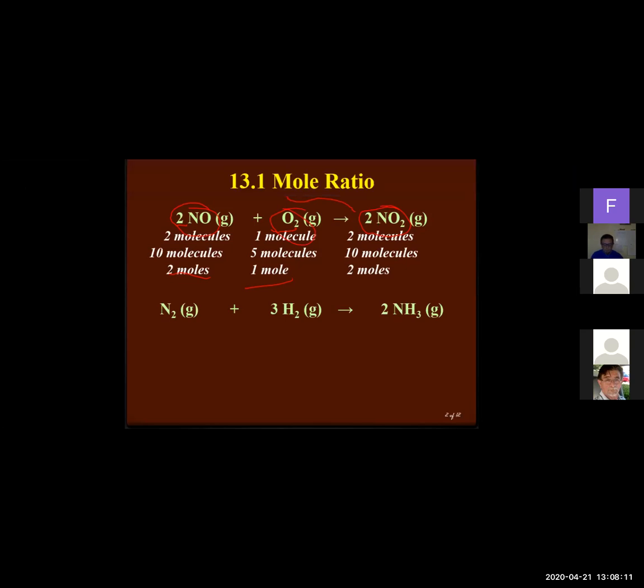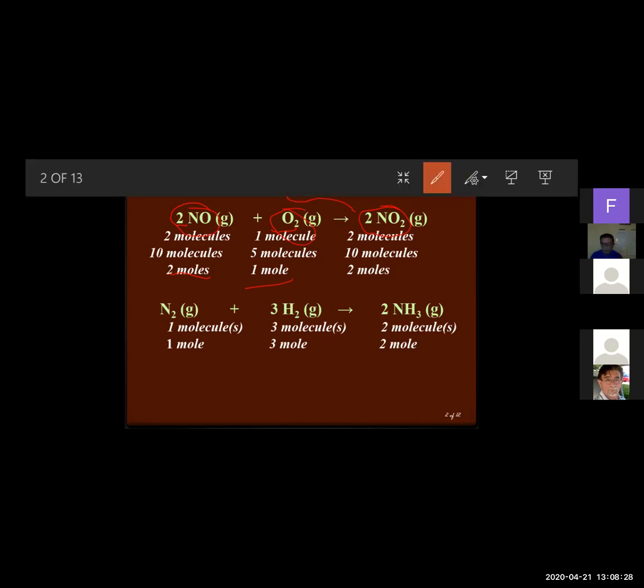Now, another example would be we're reacting nitrogen, N2, with hydrogen gas to give us ammonia. In this relationship, after we balance the chemical equation, the crucial part is you got to make sure you have it balanced. If it's not balanced, then the relationship is not true. So we have that 1 mole. Remember 1 mole, 6.02 times 10 to the 23rd molecules. That number of nitrogen molecules requires 3 moles of hydrogen gas.